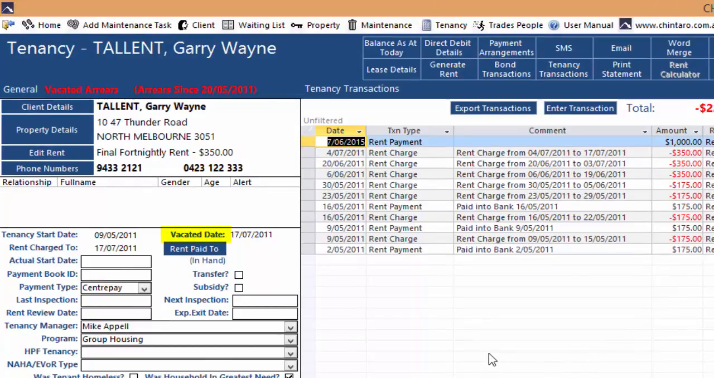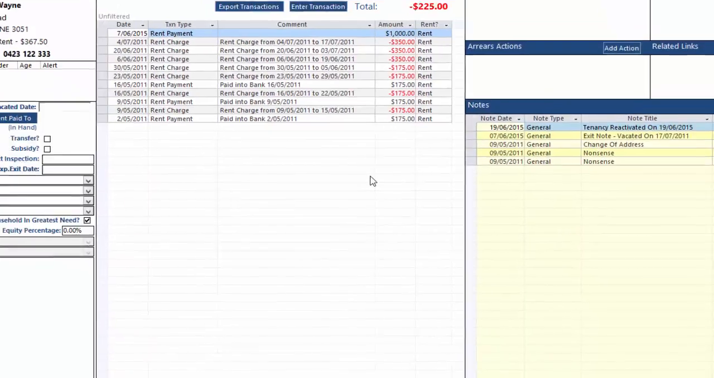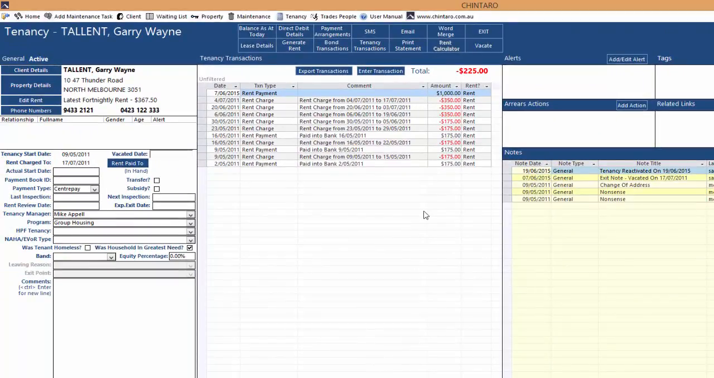To do this, we double click on the words vacated date, and we get the warning message that this tenancy will become active again. Do you want to do this? And I will say yes. Now the tenancy is no longer vacated. After we vacate a tenancy, we can still enter transactions into the Tenancy Transactions window, so let's try that. We'll click Vacate again,